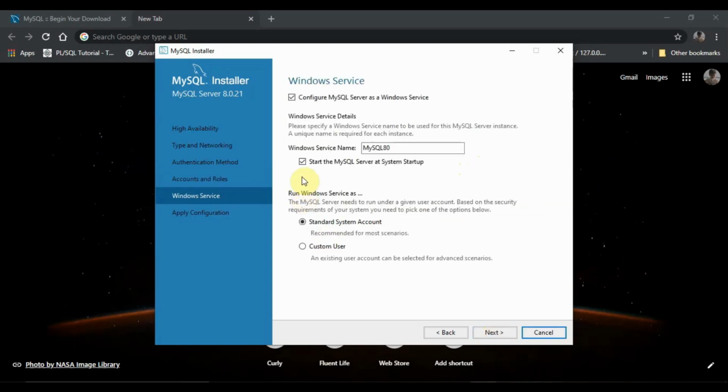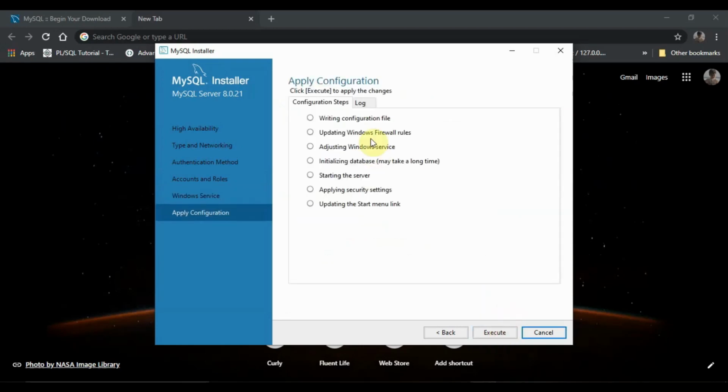This is the Windows service. Let it be as it is, don't change anything in it, and then go to next. This is the apply configuration, so execute them first. After execution, click on the finish button.